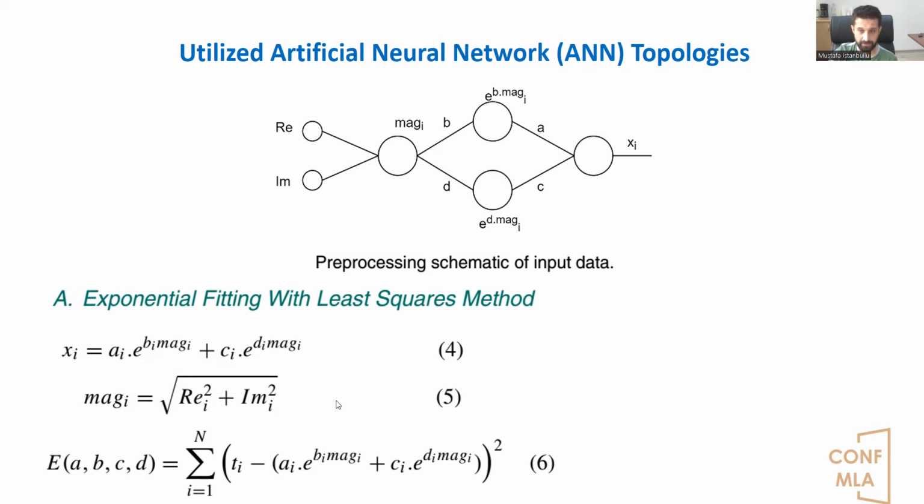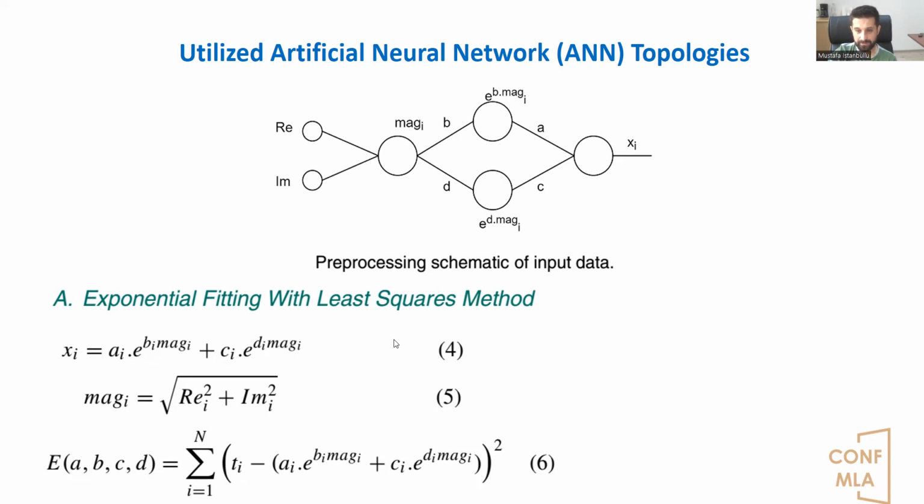In this study, the two-term exponential function model is used in the LS algorithm to fit the data as given in equation 4, where Ai, Bi, Ci, and Di are coefficients of the model, whereas mag-i is the magnitude